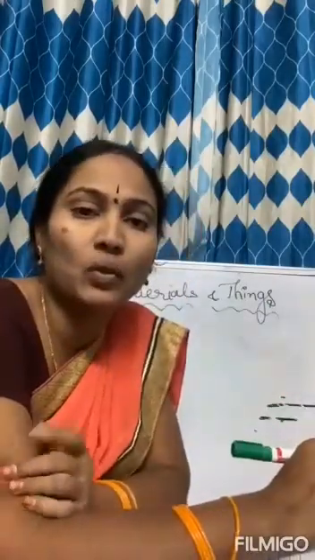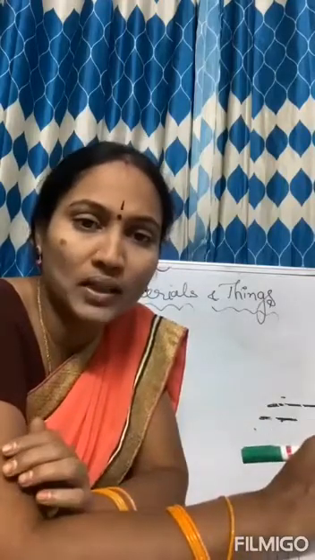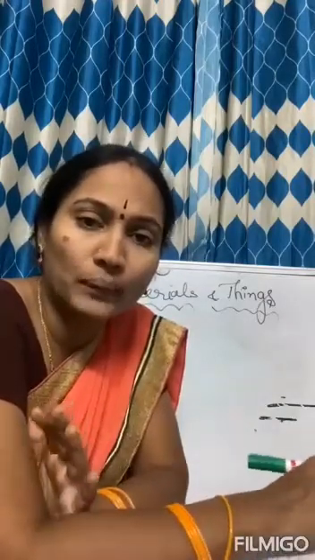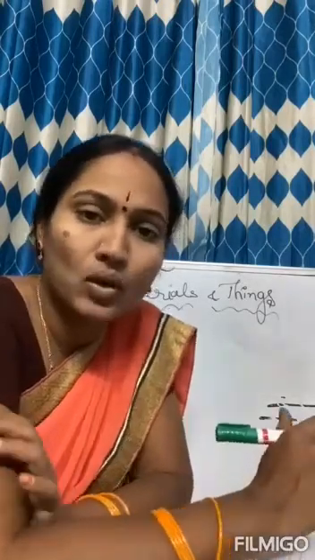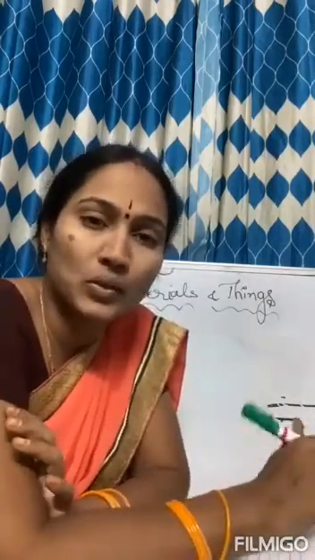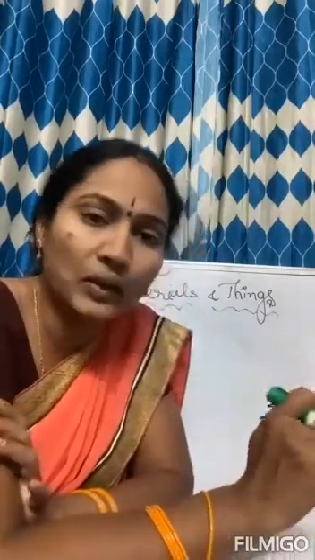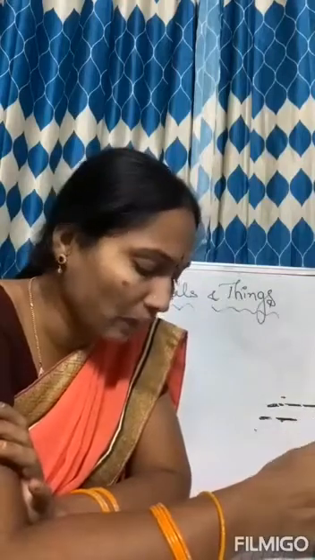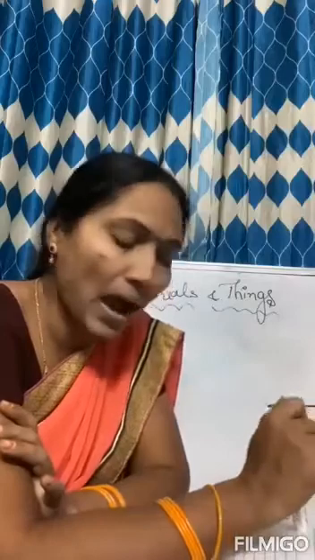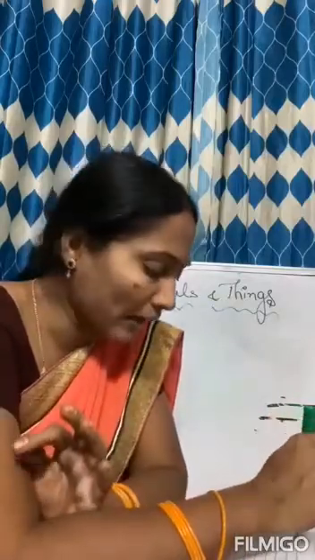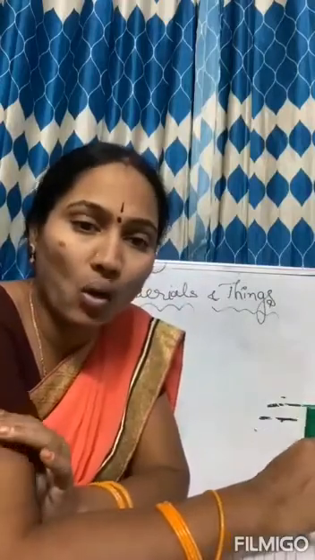Bicycle is not made with only one material. This is not all plastic, or fully wooden made, or full fabric made, or full steel made. So 2-3 types of materials are used in preparing bicycle. In the same way, you have to write knife, mirror, shoes, water bottle, pot. I have told you 3, and remaining 5 you have to write as your homework.